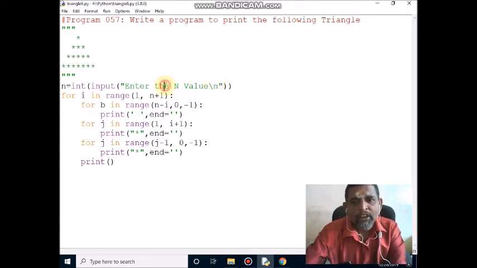Whatever value I read from the keyboard through the input function is treated as a string. So you should convert it to an integer. The outermost function is used to convert the string to an integer. Then it will be assigned to n. My input is 3. So here, for loop i in the range, the starting value is 1, the ending value